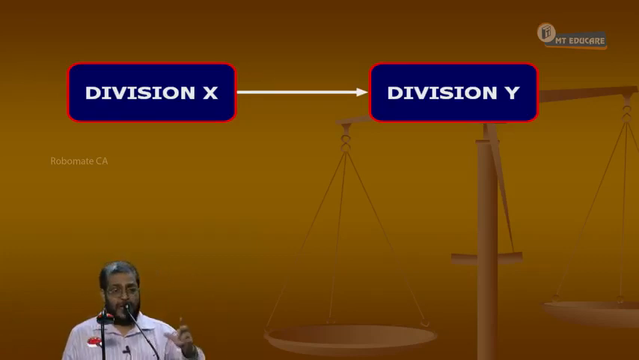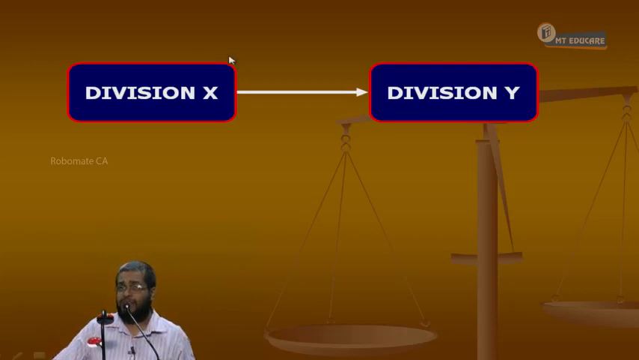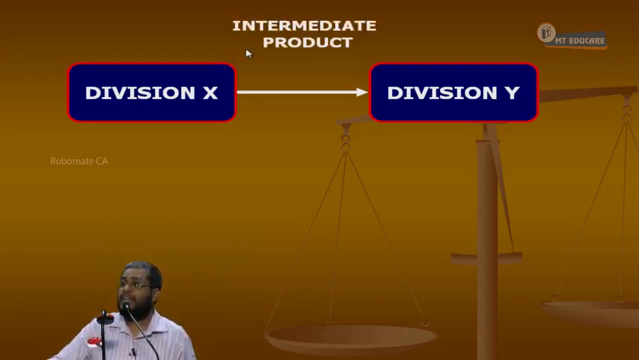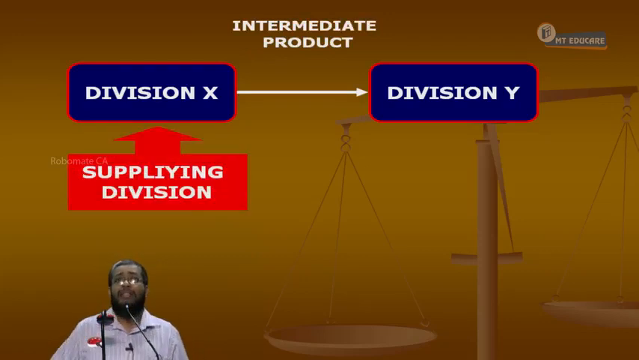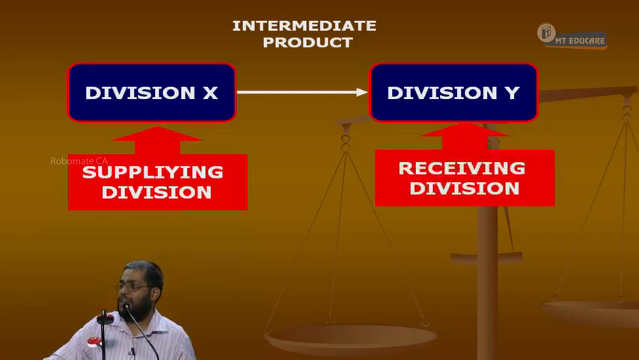But it is further processed into a refined product and sold to outsiders, yes or no? No. The product which is produced by division X is called an intermediate product. We call it what? Intermediate product. Very frequently used in this chapter. It's called what product? Intermediate product. Okay. Now, division X we call the supplying division, and division Y we call